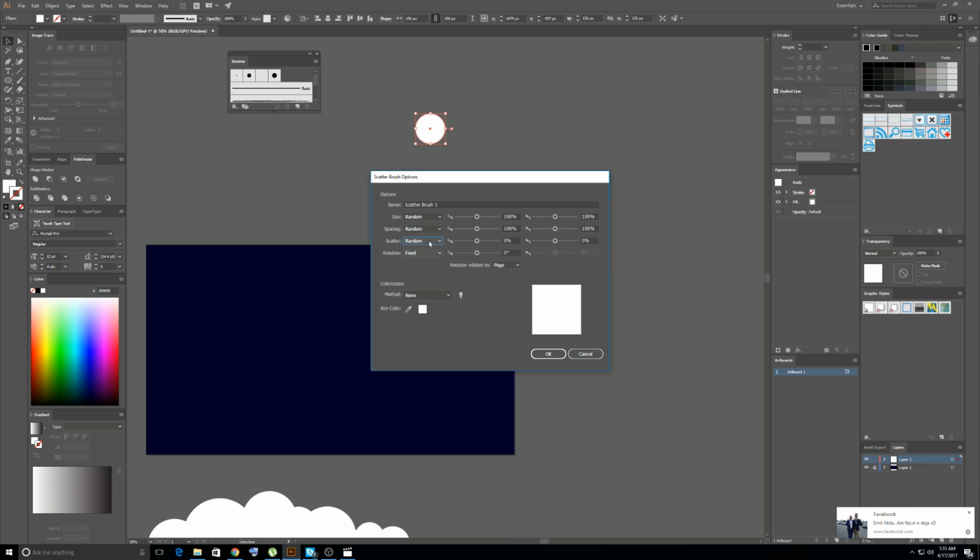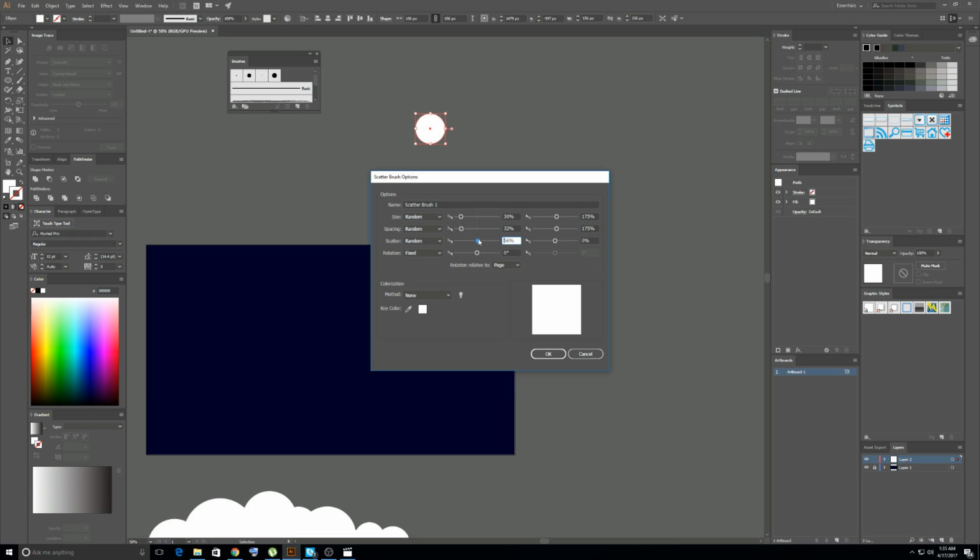Rotation is fixed because we have a circle. You could go from about 30% to 175, which would be best. Same here, I think. Yeah, 175. Also scatter,